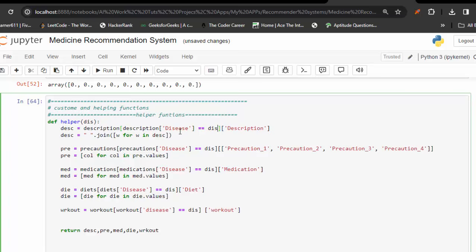If the disease located within the description is equal to our disease, then take the description, and this is the description. The same thing again: go inside precaution, and if the disease is equal to our disease, then take all the precautions for that corresponding disease and store them within this. Again, go to medication, if equal to disease, then take the medication values, and this is the medication. And same for diet and workout, and this function will return